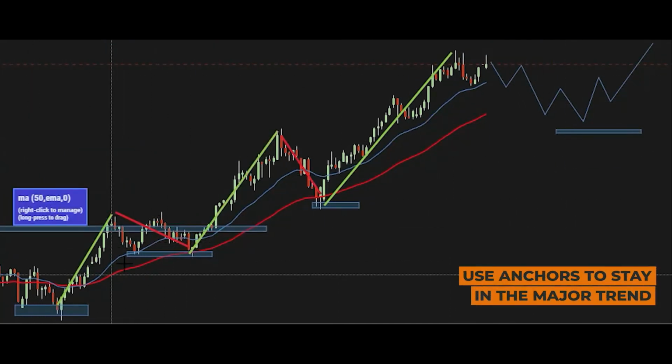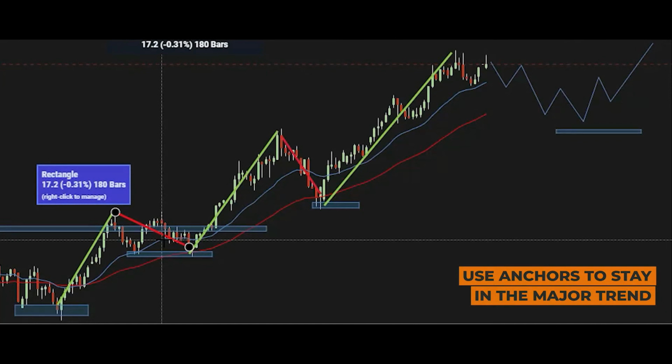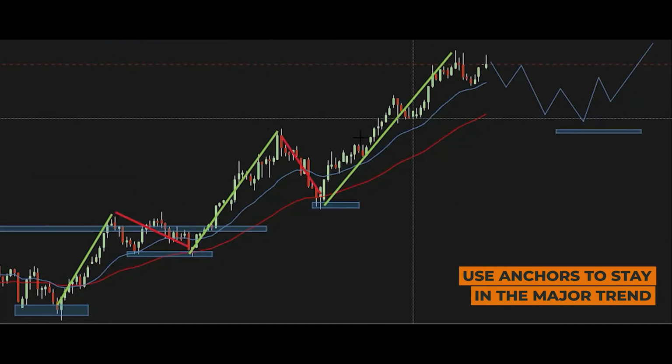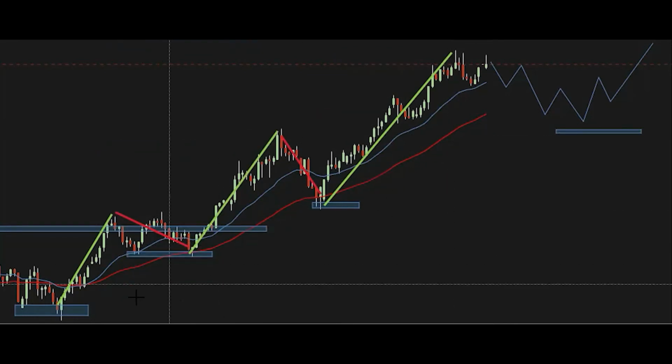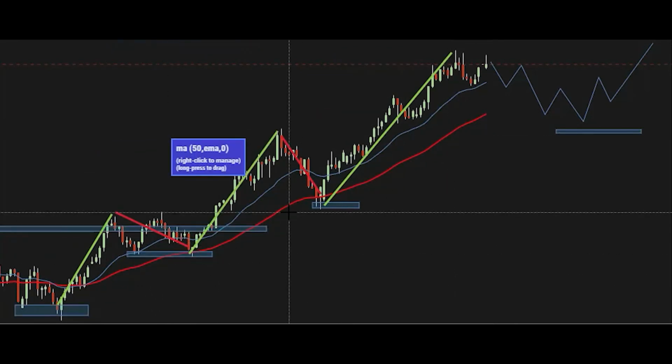Okay, so we're trying to run with this trend. We're trying to take out as much of that trend, those gains as we can, and we're looking for a bigger move. For whatever reason, we could have defined that from our longer term charts on a 4 hourly. We could define it off a daily or a weekly, but we defined this trend has got quite a lot in it. And we're trying to take out as much of that trend as we can. Okay, so if we look at